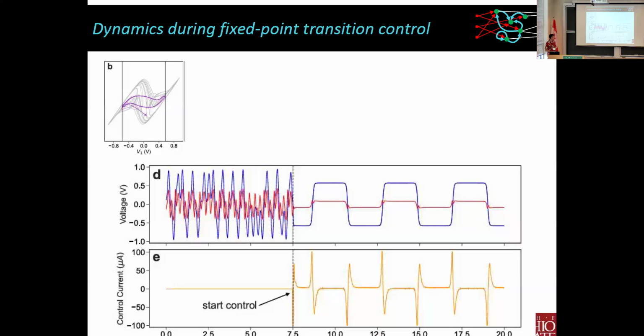Then there's a little bit of a kick, and it very quickly follows the state. So you can't see the difference from what we requested and what it goes to. So very, very tiny error. And again, the other variable just kind of follows along for the ride, because we can't control it. Now, when we're asking it to do the transition, we're kicking the system. So this is the size of the error signal, the amount of current that we're injecting into one of those capacitors to control the behavior.